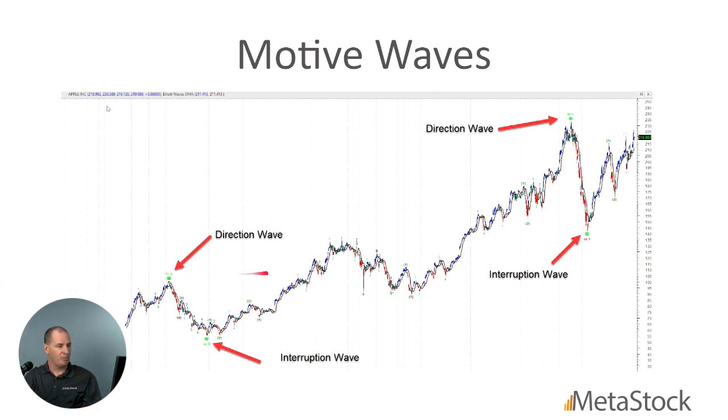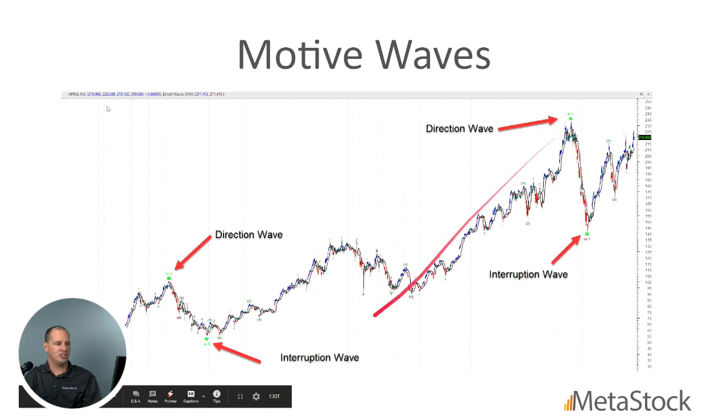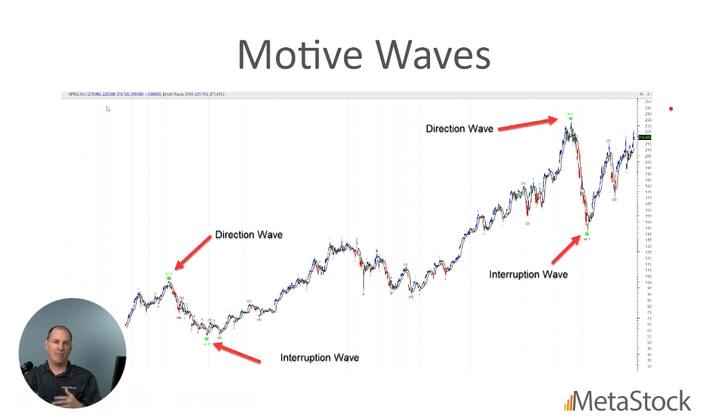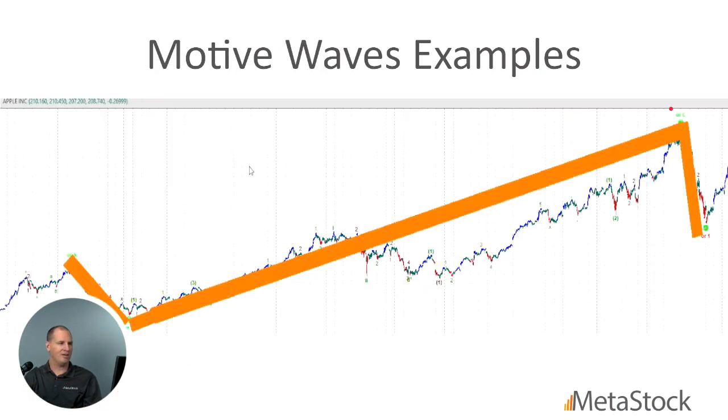So once we break here, you can see we have this continued run. It kind of fell back and then reversed up, but we had a nice directional wave from this interruption. And then we fall down, we hit a 4, and then we move up. So that's kind of the concept. We'll talk about a few other